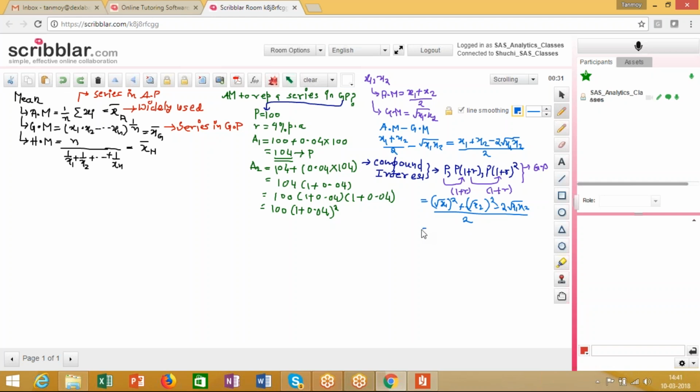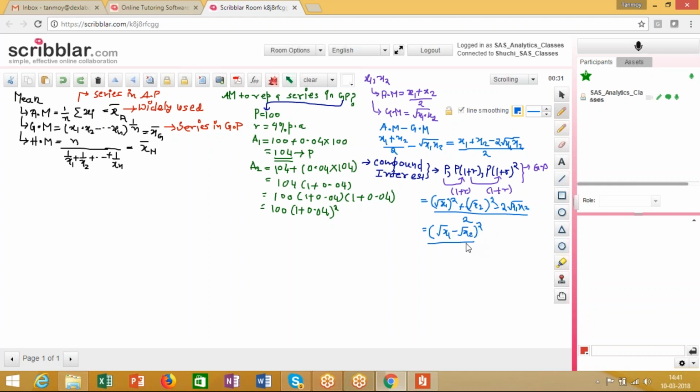So this is a square plus b square minus 2ab, which is nothing but (a minus b) whole square. So this is nothing but (root x1 minus root x2) whole square